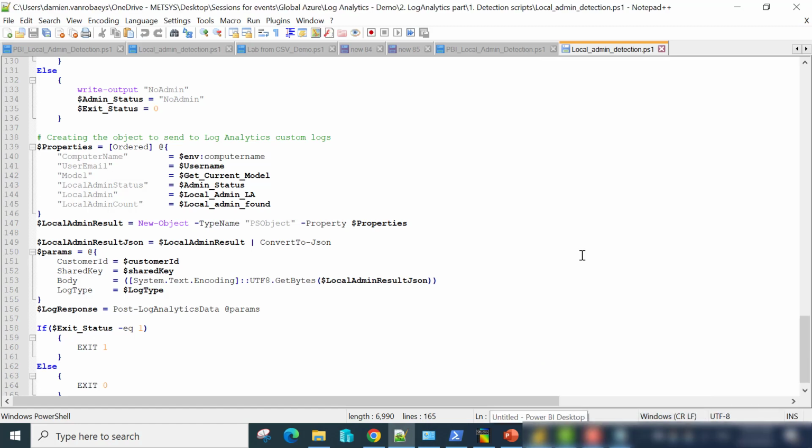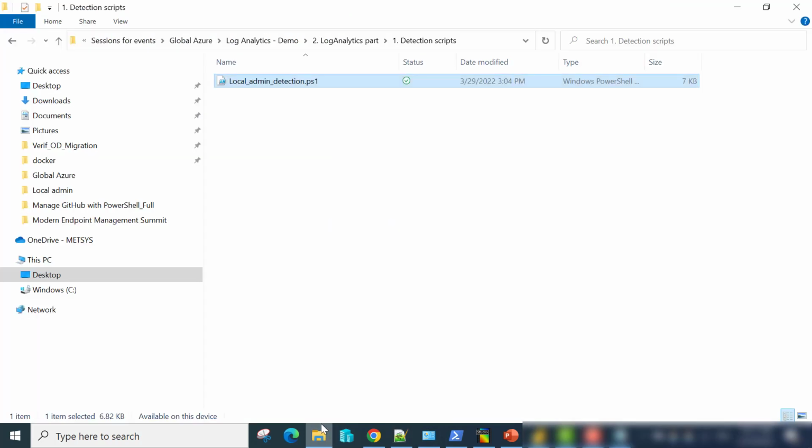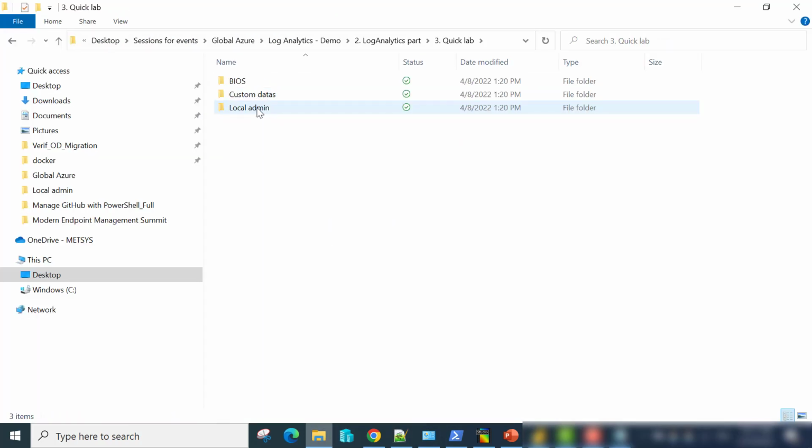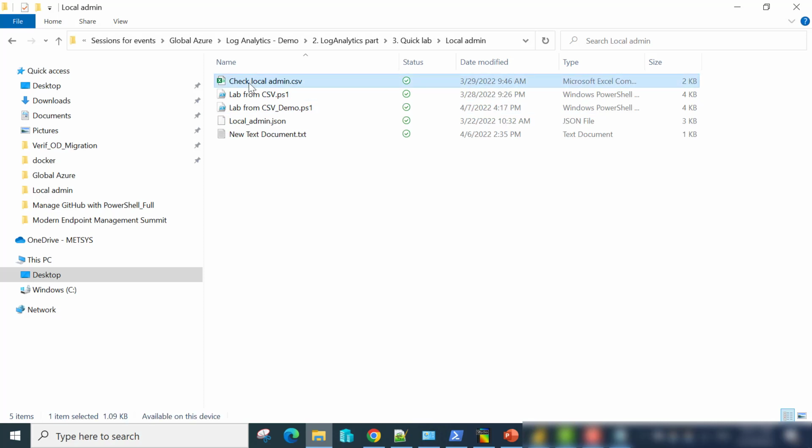So now we will see how to create a quick report. For instance, you want to play with Log Analytics, but you don't want to send a script to your device to send custom information into a custom log. You want to use information, for instance, from a CSV. Let's check there. I have a CSV like this